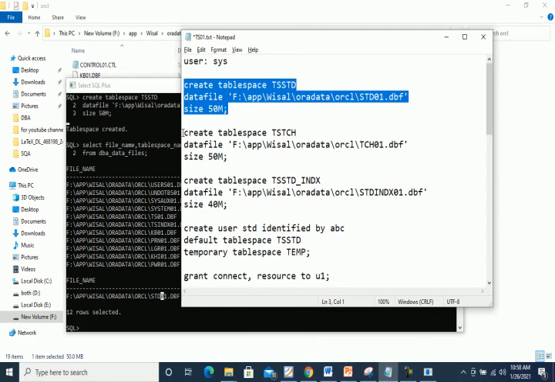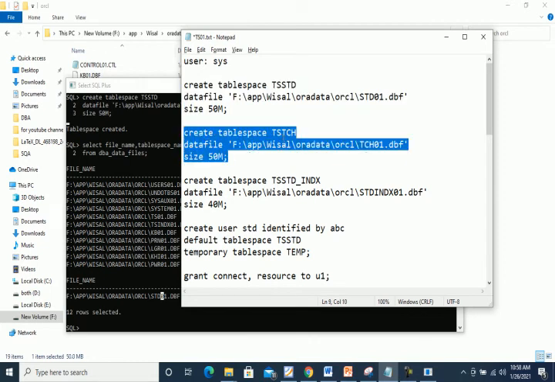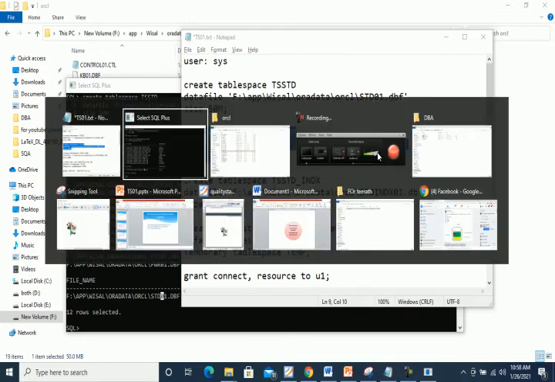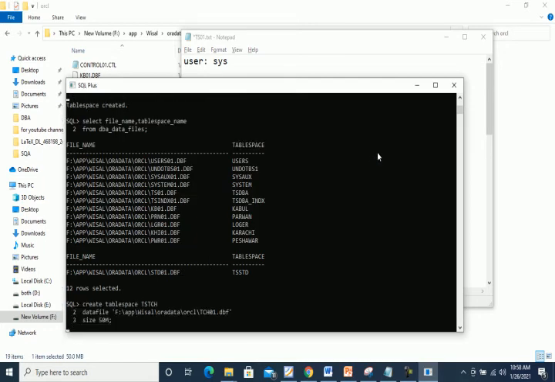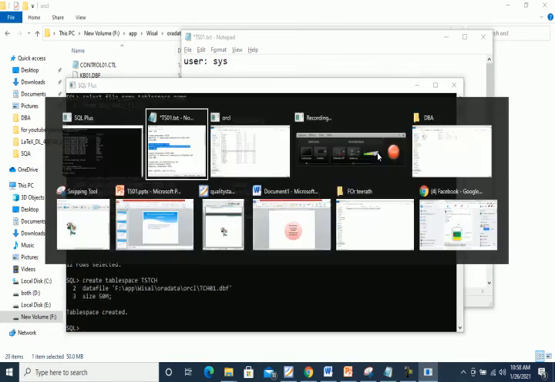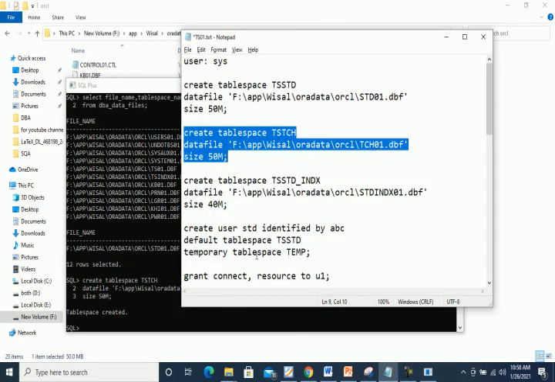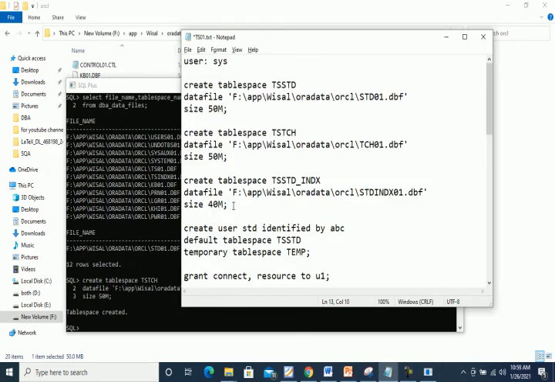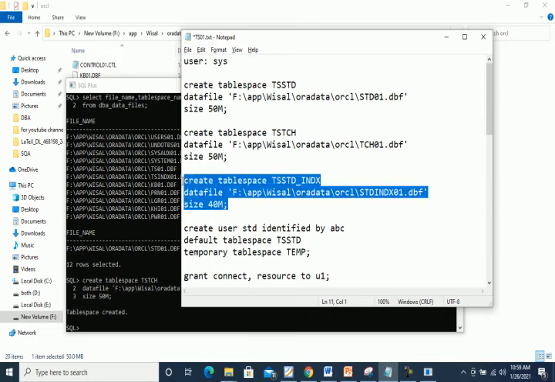For example, there is another tablespace named tablespace teacher, tch, and the data file name is tch01. It's also a good programming practice to use a separate tablespace for indexes like primary keys, so also create another tablespace named tablespace std index, and this tablespace will be used particularly for indexes.